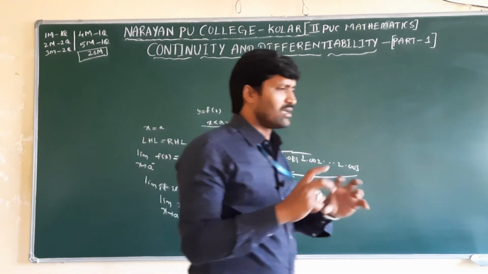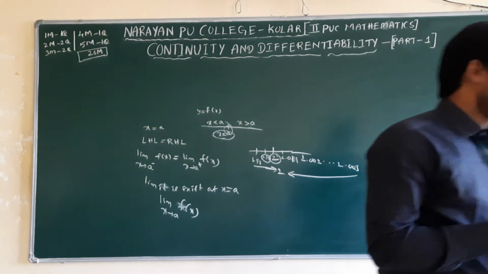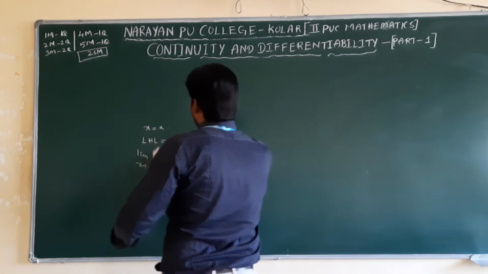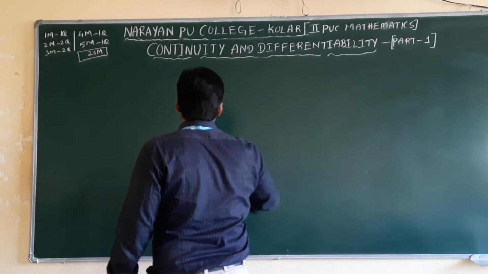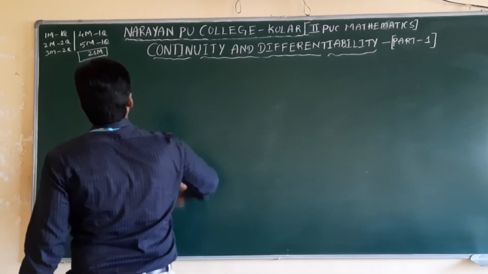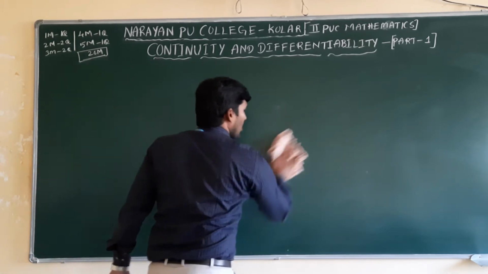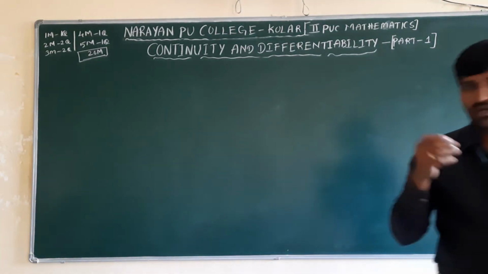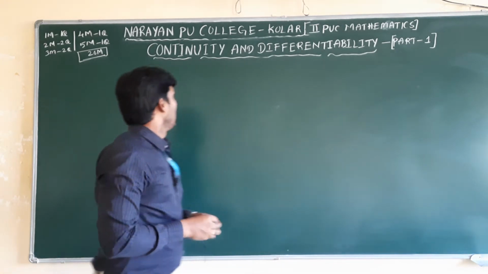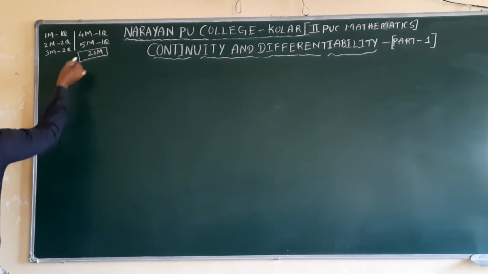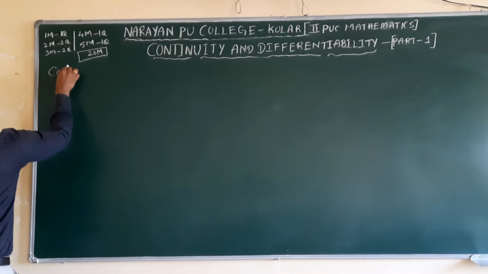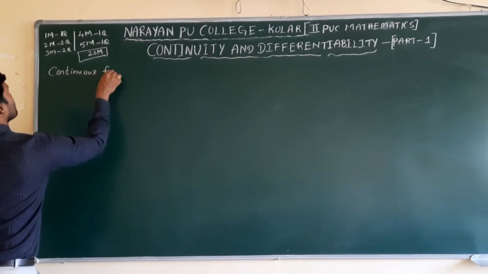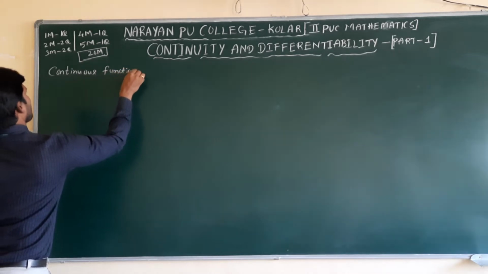This is a simple basics about limits. Now, actually, what is the meaning of continuity? In general, without knowing any formula of continuity, how do we identify whether a given function is continuous or not? That we can define based on the graph of the function. Generally, this is what we call continuity or a continuous function. This is just the introduction part.